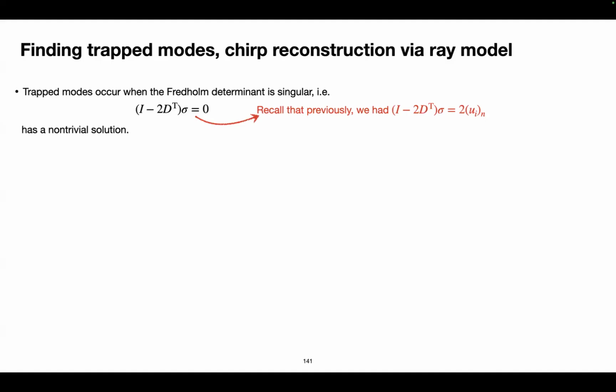So I mentioned that the solution relies on something called the trapped acoustic modes. These are solutions of my equation with the right-hand side 0. You might recall from linear algebra that a matrix equation like this has a non-zero solution if the determinant of the matrix is 0, so if it is singular. Otherwise, the only solution is no sound at all.